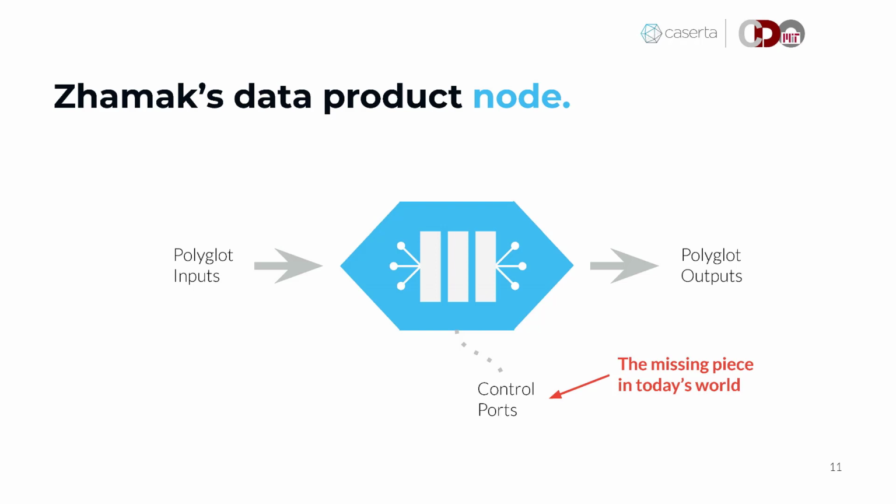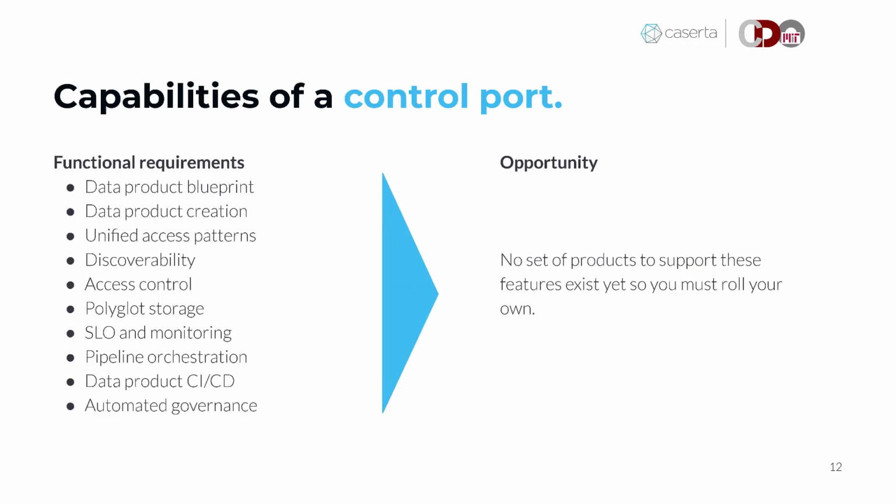So what is inside that control port? We want that to be the product blueprint, right? So what exactly does it need to look like? How do you create it? How do you unify it with other systems? Make it discoverable,